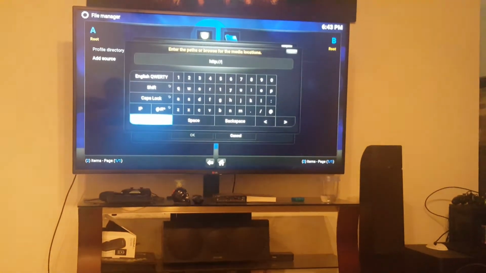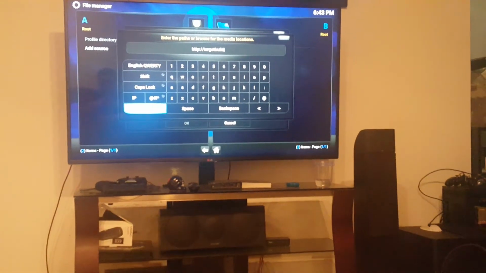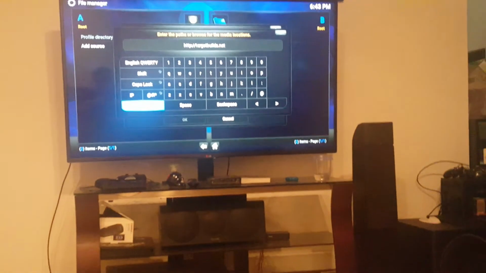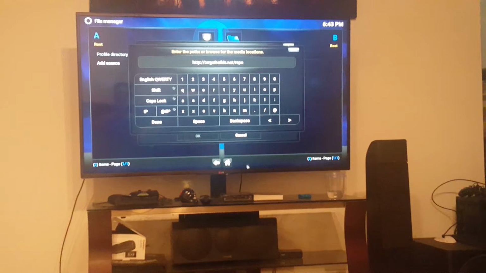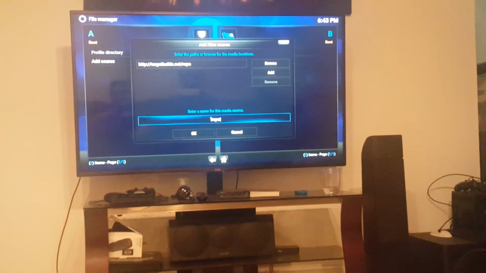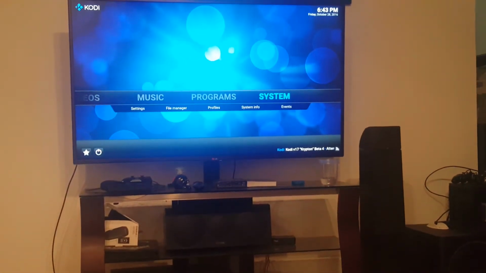And then you're going to put target builds .net/repo, and then click on done. And then I'm just going to leave it named repo. You could name it whatever you want. Then you're going to escape, go into system,